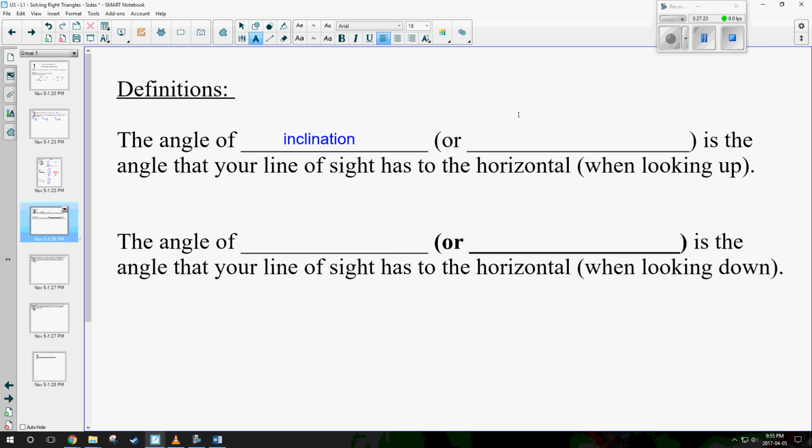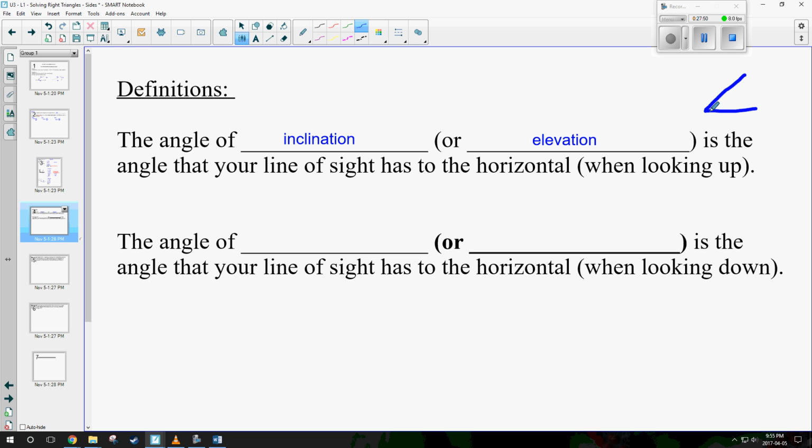Or it can also be called the angle of elevation. So sometimes they use the two different words, but both of them mean the same thing. Angle of inclination or the angle of elevation mean the same thing. It means that from your line of sight, or the horizontal line, looking up, that's the angle that it's talking about. So if we just draw a little diagram here,